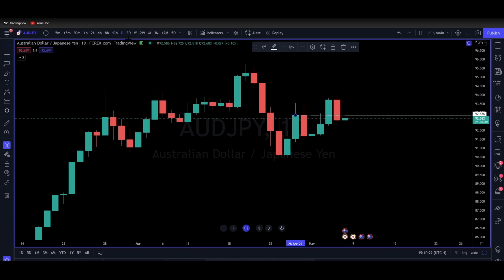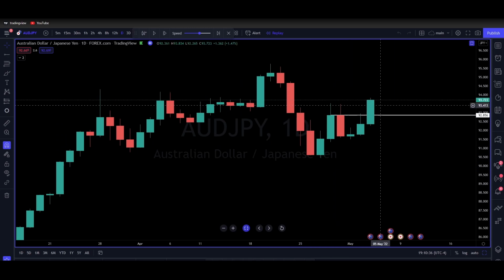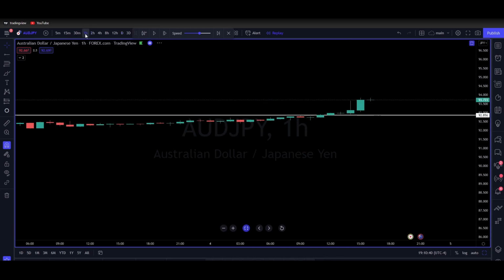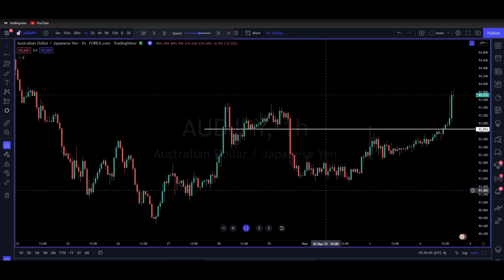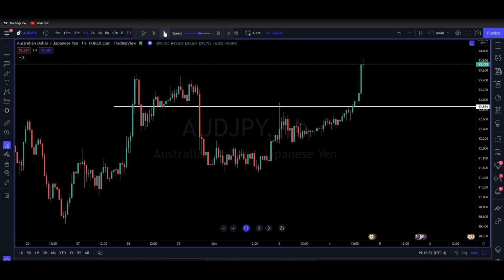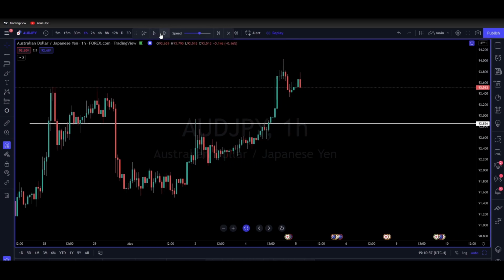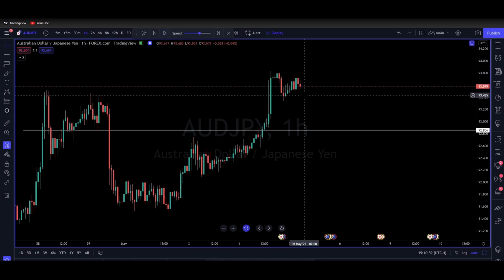So let's go ahead and put on our bar replay tool here and block out this candle, or the today candle and the new candle that just started, and let's go into the intraday chart, as I am an intraday trader, meaning a day trader. Now here we are. This is not where we are. We want to get to where we were today, and we were today was around boom 6, 7, 8, 9